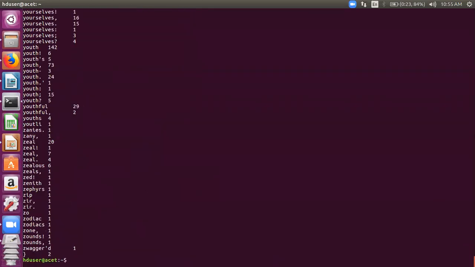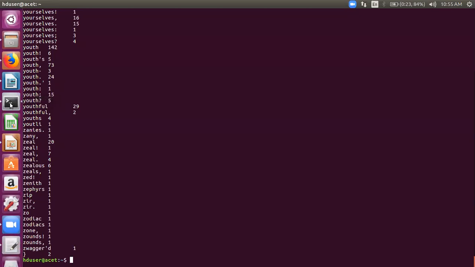This is the output of a file. At the end of the file, you see, all it has listed. You can see that the word youthful occurs 29 times. The word youth occurs 15 times. If there is a youth with a dot, it will pick up space as the default delimiter. That is how it checks it.